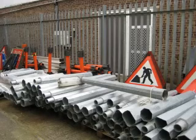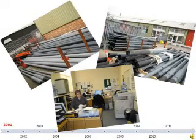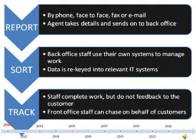Once the fault has been received by the contractor, their task is to work out what is needed to sort it, both equipment and parts. This is where the skill and knowledge of the back office team is invaluable. So, in 2001, we had a variety of methods to report problems, most of which came by telephone or face-to-face contact. At the help points, customer-facing staff would take all the necessary information and would forward details to the back office. Customers calling a council would usually be put through to the appropriate back office, where specialist staff would log